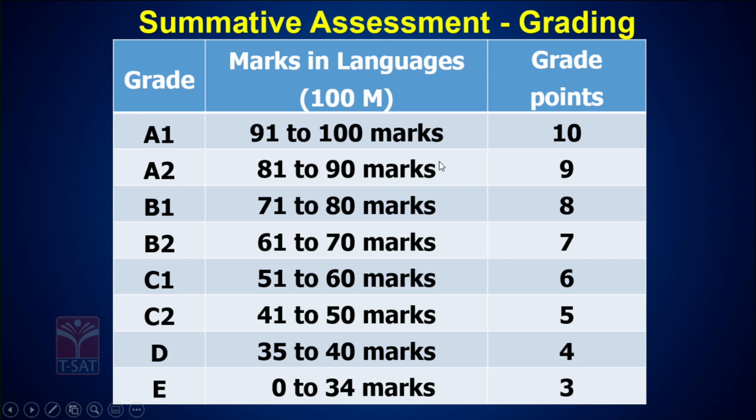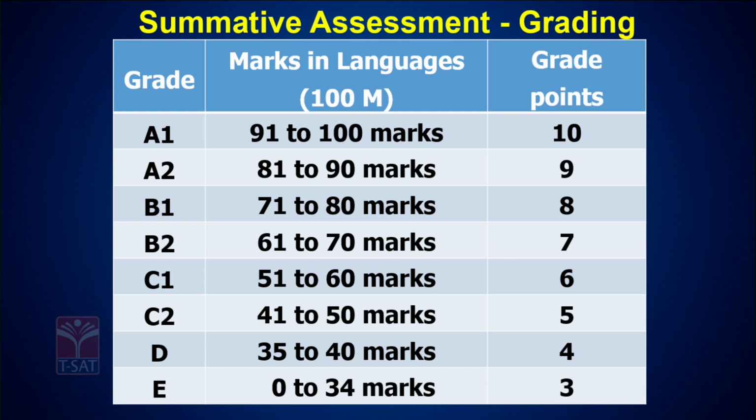So, if a child scores marks between 91 and 100, he will get A1, and if he scores between 81 and 90, he will get A2, and if the child scores between 71 and 80, it will be B1, from 61 to 70 B2, and from 51 to 60 C1, and 41 to 50 C2, between 35 and 40 D, and below 34 is E or fail. And how are the grade points given? A1 is reflected as 10 points, whereas A2 9 points, B1 8, B2 7, C1 6, C2 5, D 4, and E is 3. So, if a child scores either E grade or GPA 3, it means